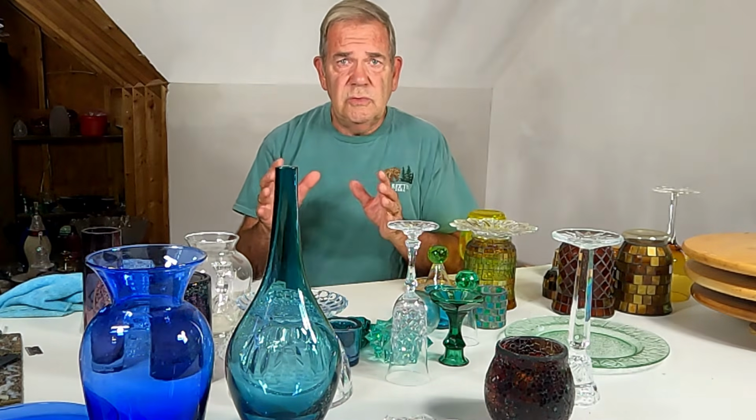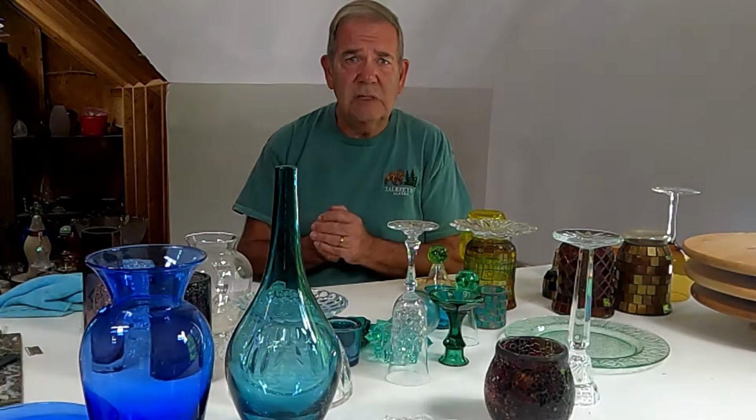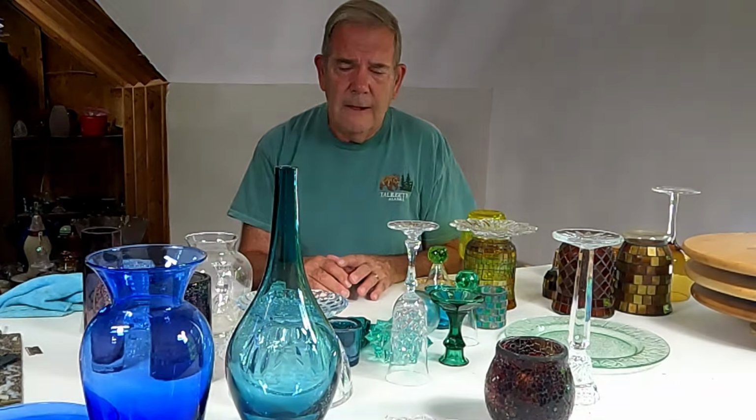I've been able to do tabletop sculptures with light inside them, some bird baths, some outdoor garden fountains that have solar fountains in them, solar lights in them. I've done hanging totems, I've done some glass flowers, a lot of different things. Kind of just depends on the pieces that I can find in the thrift shops. So I'm hoping that you can get a little inspiration, maybe learn a few things from my videos, and create